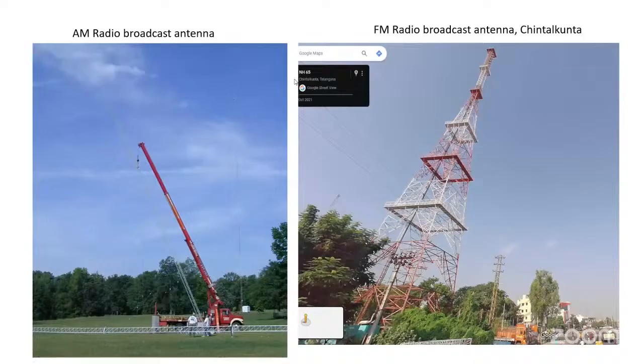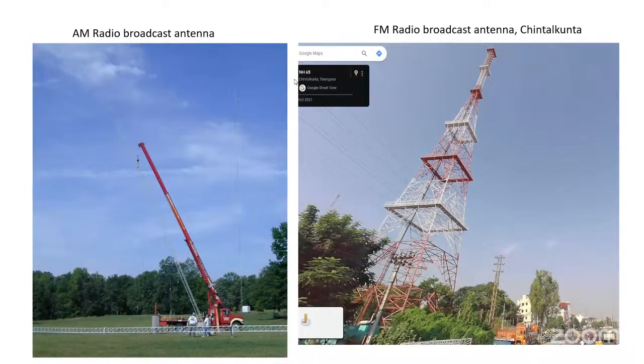By any chance, have you seen these towers anywhere within Hyderabad? One of these pictures is from Hyderabad, Chamtalpunta. Even if you have seen them, these are nothing but antennas used in AM and FM broadcasting, mainly for radio broadcasting applications.